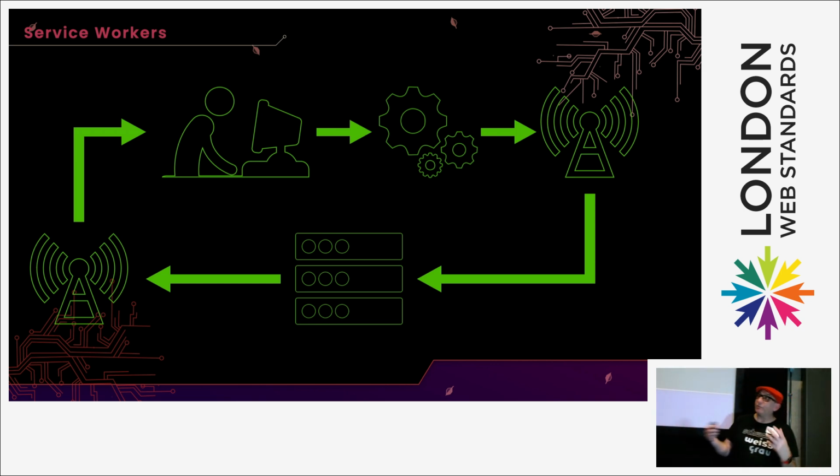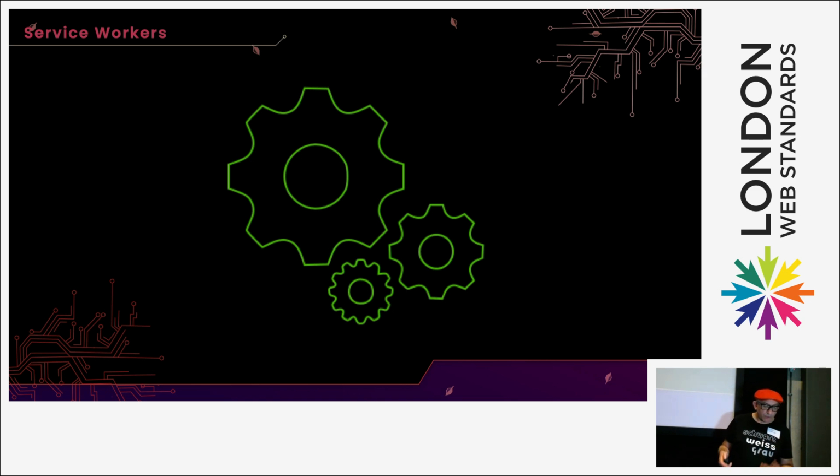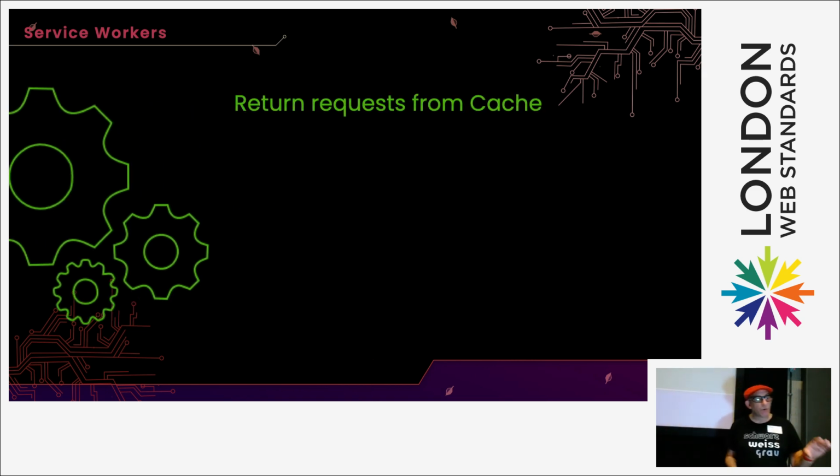If we make another request, and we've told the service worker what to do, if I've been here before, we can do a number of things. We can return requests straight from the cache. So you can say to the service worker, somebody's been to this website before, store my CSS, store my homepage, store my JavaScript file or whatever.